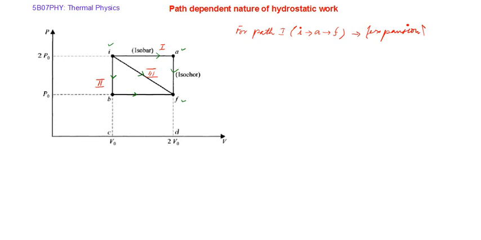Now what will be the work done? We call it the work done through the first path. If the system moves through the first path, then the work done is simply equal to the area under the PV diagram. So the area under the PV diagram is nothing but the area under the line IA. And you know what this path IA is representing? The pressure is maintained at 2P0. So it's an isobaric process, and the next intermediate process is happening at a constant volume of 2V0. So we can say this part AF of the process is isochoric in nature.